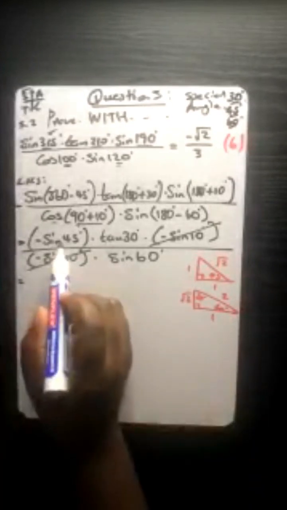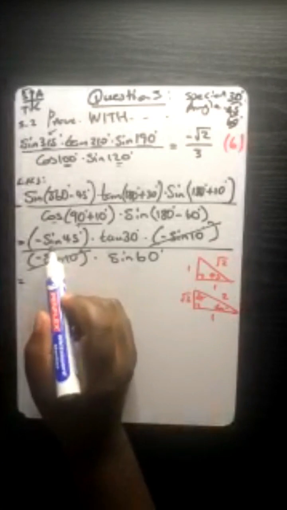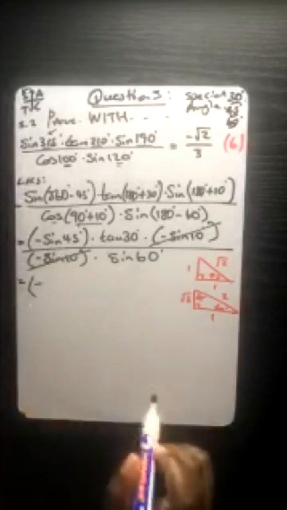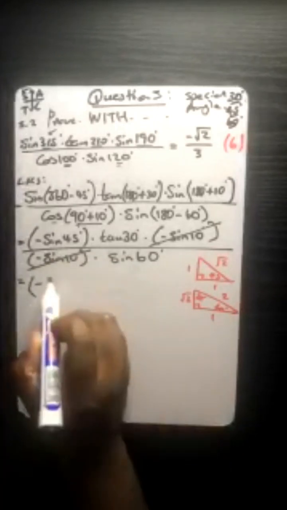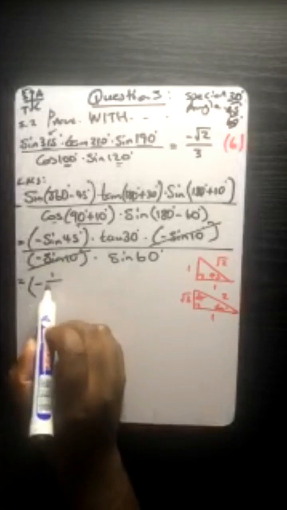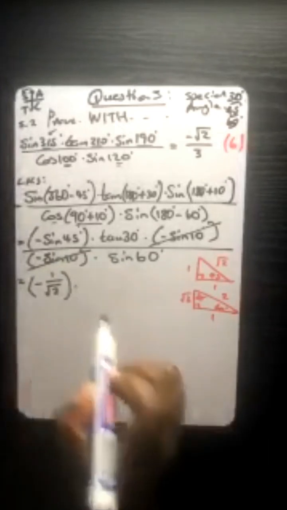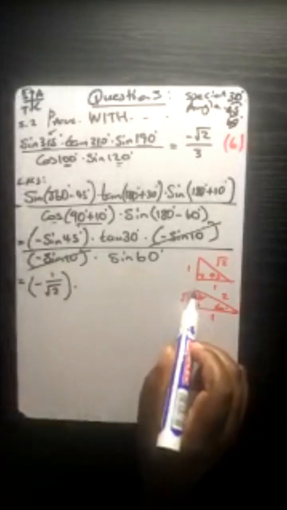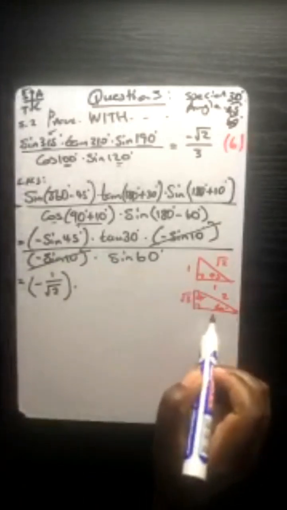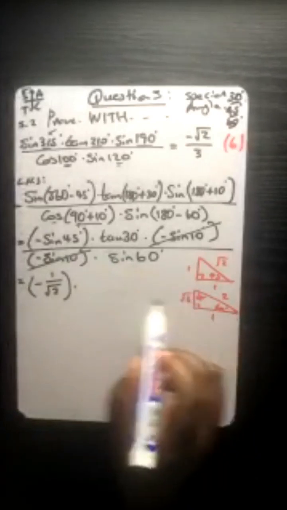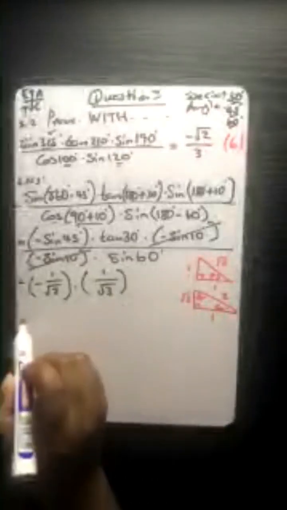Sine of 45. Sine, we know, is opposite over hypotenuse, meaning you still have that negative there. Opposite is 1 over hypotenuse is square root of 2. It is multiplying tan of 30. So tan of 30, that means now opposite is 1, opposite over adjacent. So that means we are having 1 over the root of 3